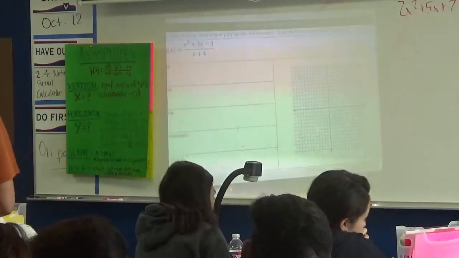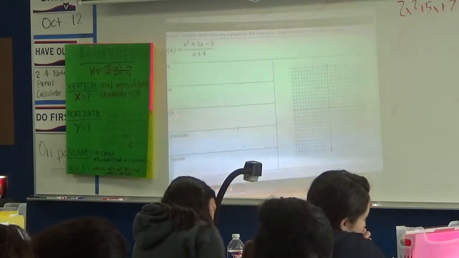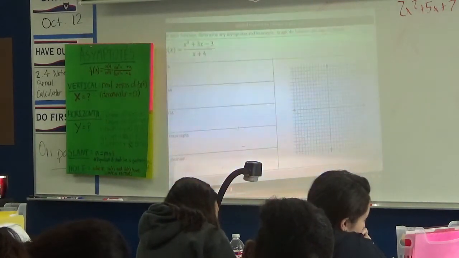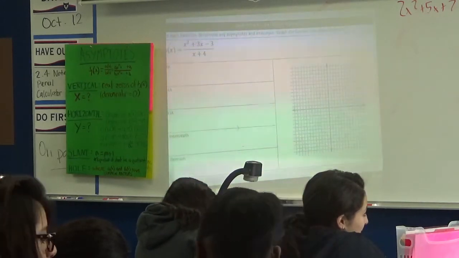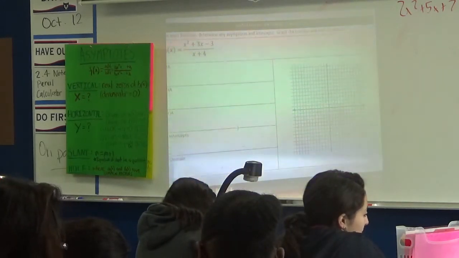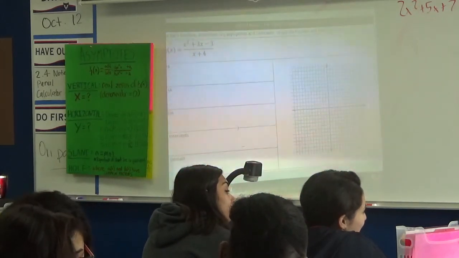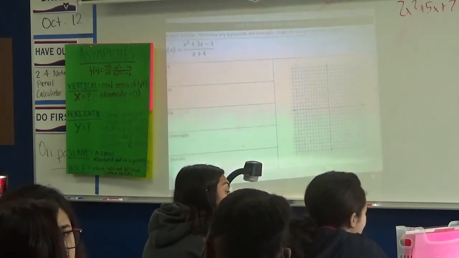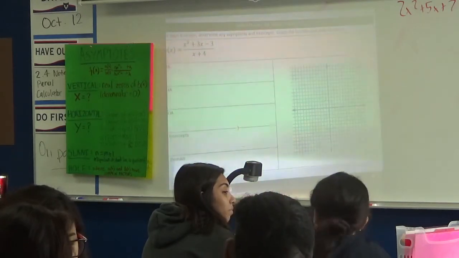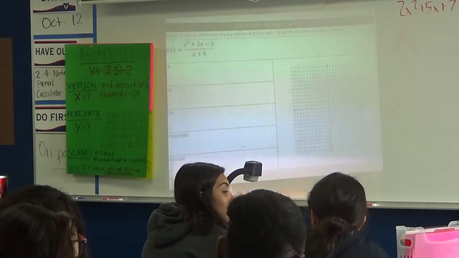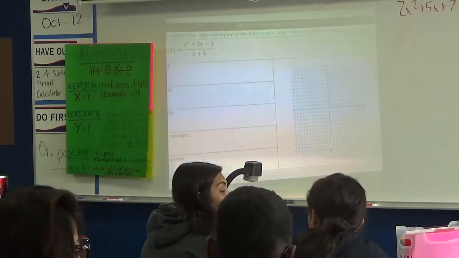Okay, let me see. So first, let's go vertical. That's what it wants first, VA. The vertical asymptote is where, yeah. Okay, there you go. And then now for your oblique. I love it. Martin's got it set up. We're going to have to do synthetic division to find that. You got it as well. Then you got your domain. If you're done, you can graph it on your calculator and see what it looks like.